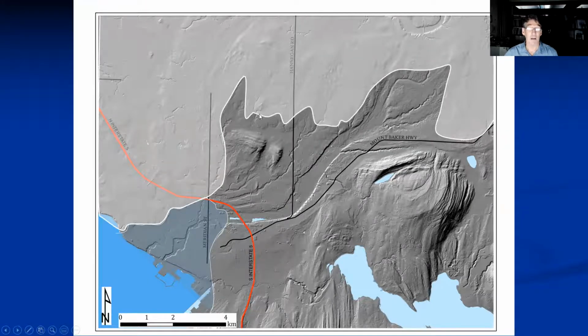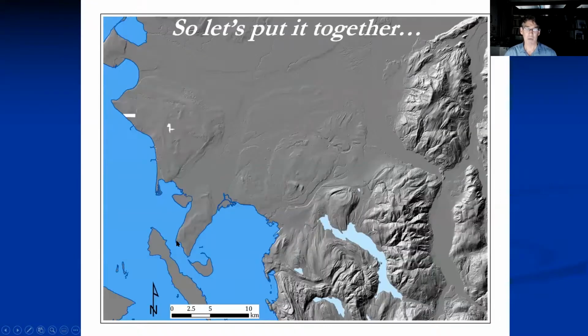You can trace them on the lidar through here, and they come all the way down along the side of that delta. So what they imply is that the ice at this time was sitting right here just outside of Bellingham. There was a delta forming here, and there was an outflow of meltwater coming out of that ice sheet down this channel and going into a slightly higher sea level, about 30 meters above modern, right there. So we've got this nice little story right here in Bellingham in terms of ice position, big meltwater discharge, and Bellingham being built on an ice age delta. So let's put it all together really quickly so I can wrap up.